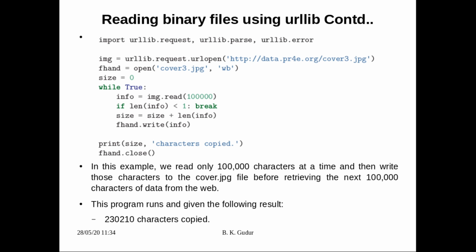So this is the program. A little bit of modification in the previous program. This is as usual, to import the modules: the request module, the parse module and the error module. Later, as usual, we are going to open, but dear students, look at this. The request here is to open this particular URL, but there is no .read. In the previous case there was a read method here, but here we just open this particular file,